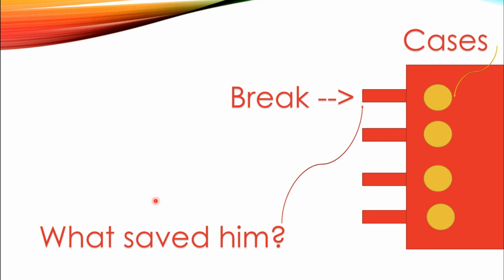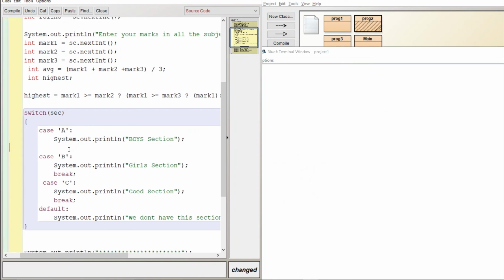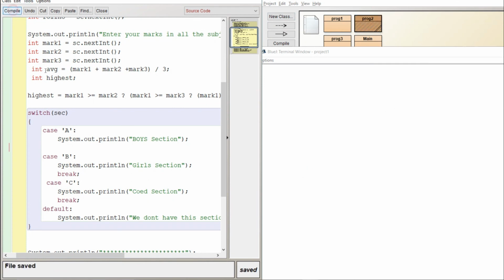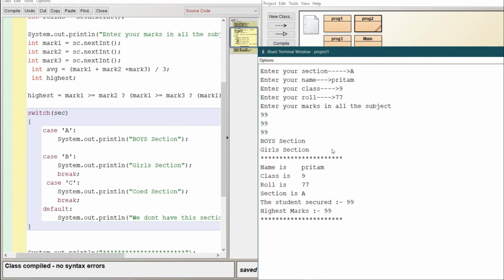Let's understand this concept using the code. Remove the break statements. Let's remove it from here first and compile the code. Let's run the code and let's enter the inputs. See what happened? I have got both the answers. That is, I have traversed here. I have not found a break statement. I have fallen. I have checked this and I have printed